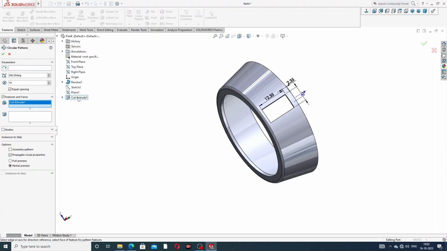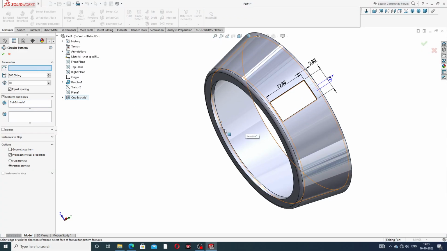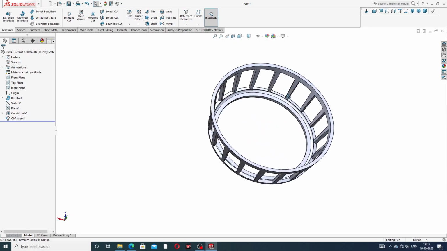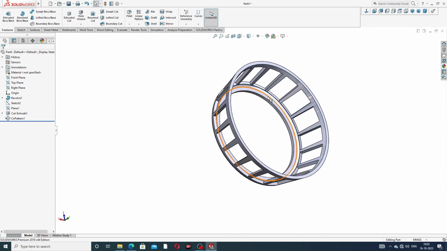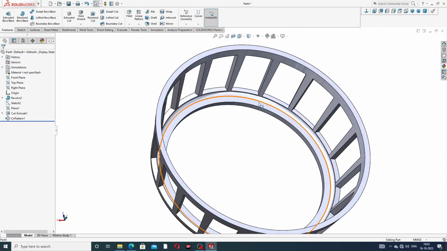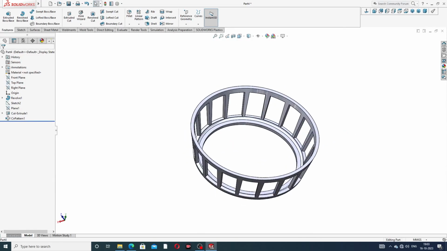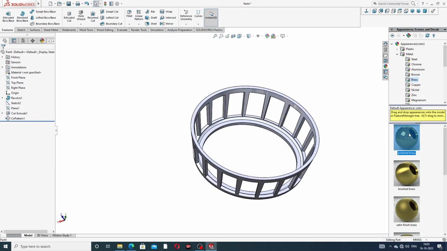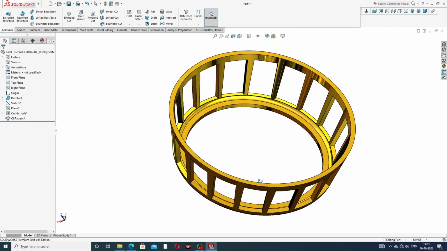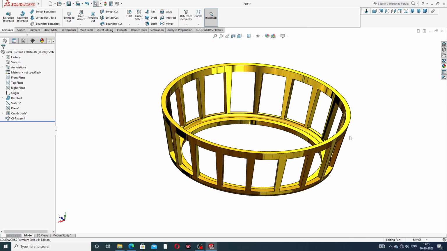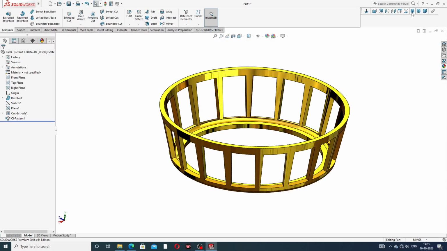this extrude cut, and select this face, and 360-degree angle, pattern is 8 and equal spacing, and all is perfect. This is perfect and correct, and very nice looking here. And material is applied here, a polished brush, and this is perfect. All points are perfect and correct, and this body is drawn here easily, and isometric view is this